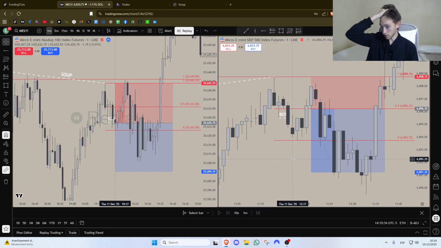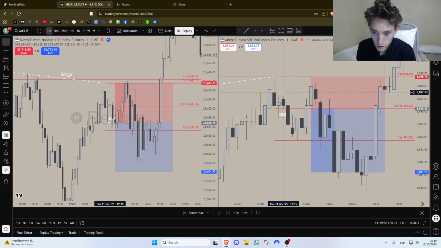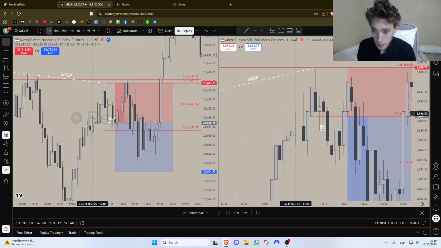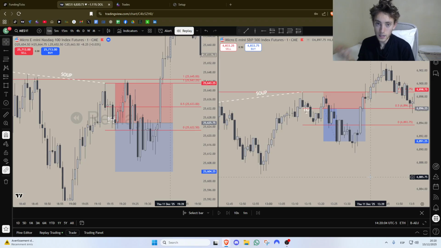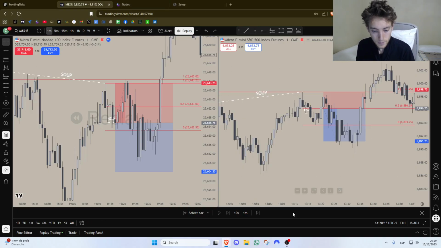It might be stupid because it's working right now, and I don't know how making this small tweak could change things. Really, I should go back and test all of it. But obviously, with the 1 minute, I can only test about 2 weeks of data, unless I buy the premium or ultimate plan where I can backtest on the 1 minute for way further back in time. But yeah, essentially that's currently the update.